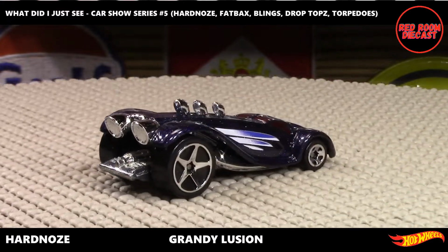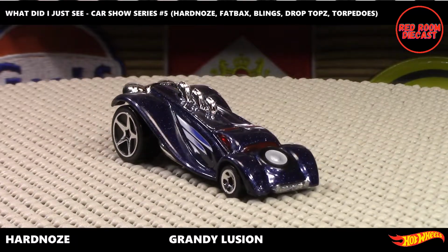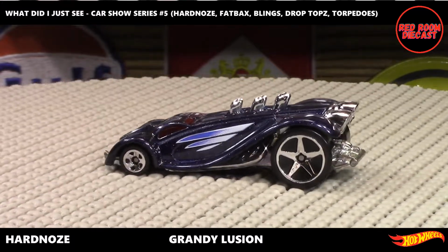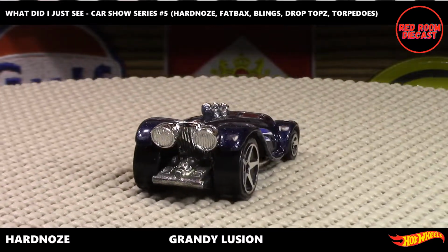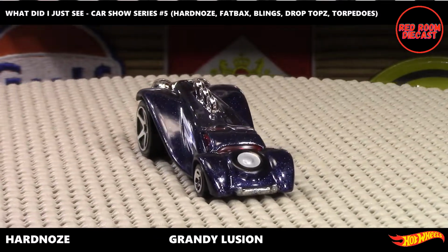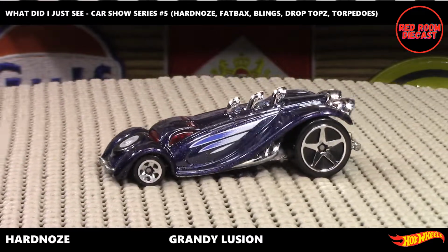You know, it's a series I did find kind of fascinating, but at the same time not really. So that's why I hadn't picked up as many as I would like. If I do find more of them, I will for sure pick them up, because I think they are quite nice models. So the next one in that series is the Cadillac V16 concept, and it's number 47